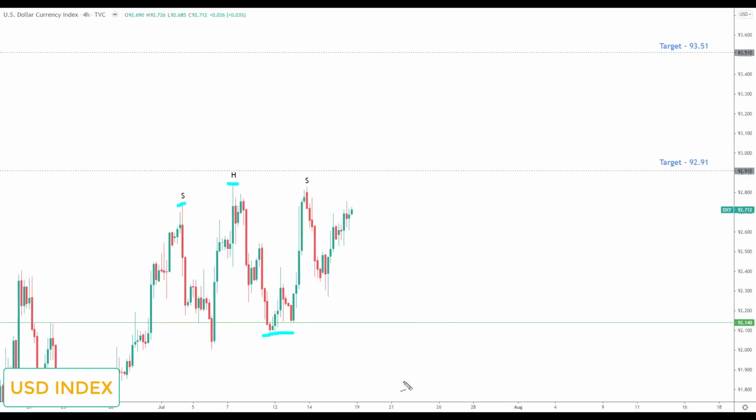So going into this week, any pullback in this market will be viewed as an opportunity to look for bullish reversals once again. I'm going to be looking up towards the next key resistance to the upside, the target highlighted from last week at the 92.91. This does mean that I go into next week with a bullish bias on the dollar. It's a kind of weak bias, but unless or until we get that reversal in the DXY lower, I do still favor dollar strength positions going into next week.